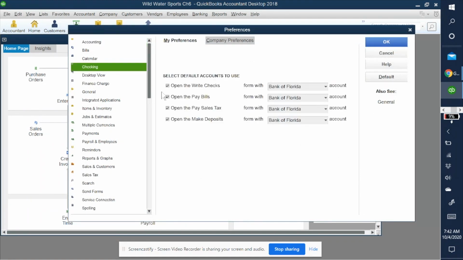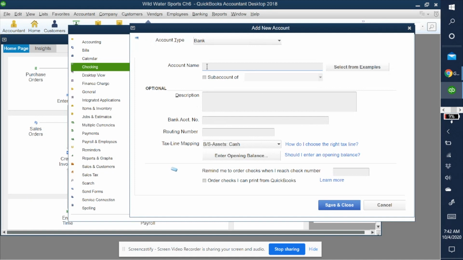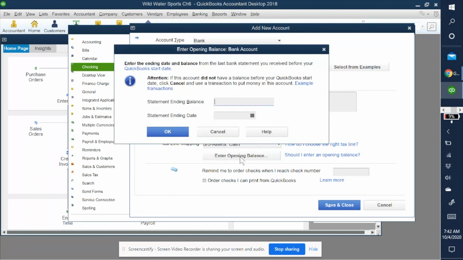Checking is next on number 4. So it will ask you if you want to save if you just click the next section, and you can say yes. Now you can see here we're adding a new bank at number 5. I already added it, which is why you could see it there, but this is how you do it. Bank of Florida, number 6, and now you're putting in the information number 7 for the opening